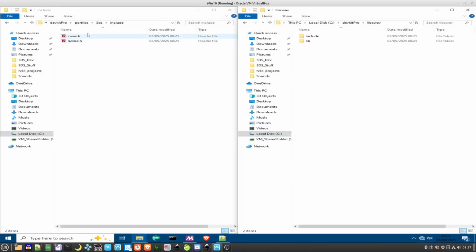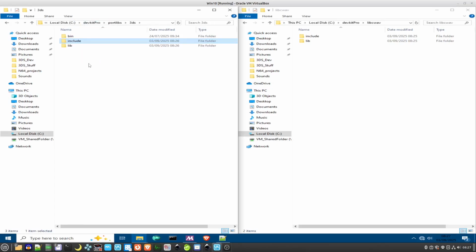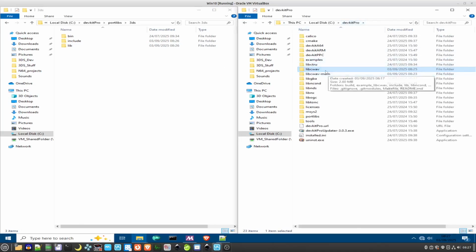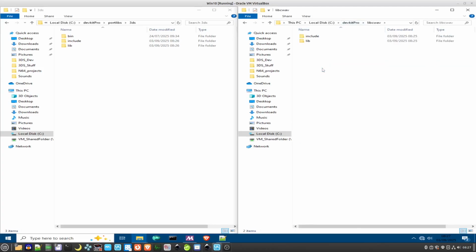Now I'm back in Windows, as we've put them into the portlibs folder here, this is where DevKitPro looks for the downloaded libraries anyway. So by putting them in here, we don't need to add extra steps to find them. So now what I recommend you do is, oh yeah, if you go into libcwav now,